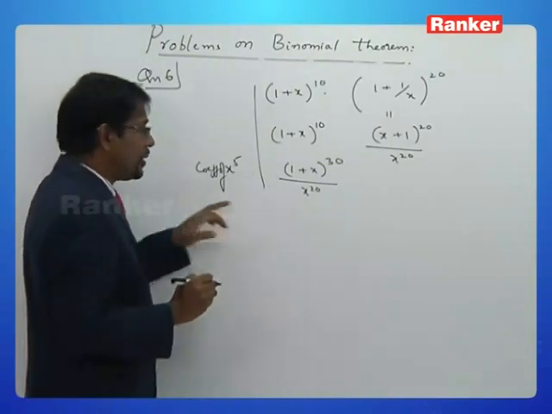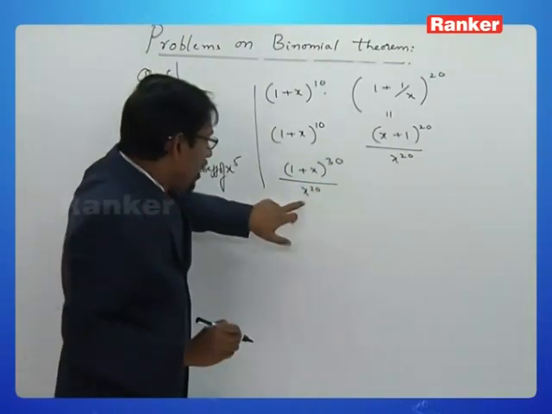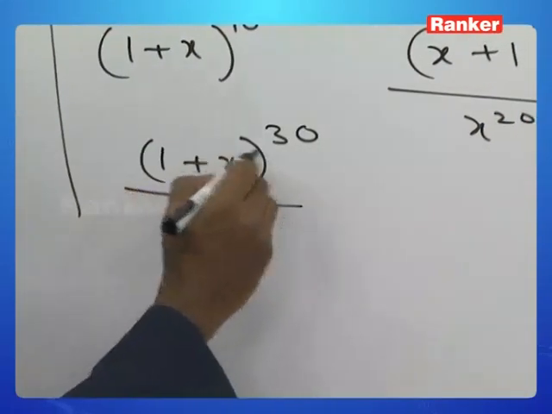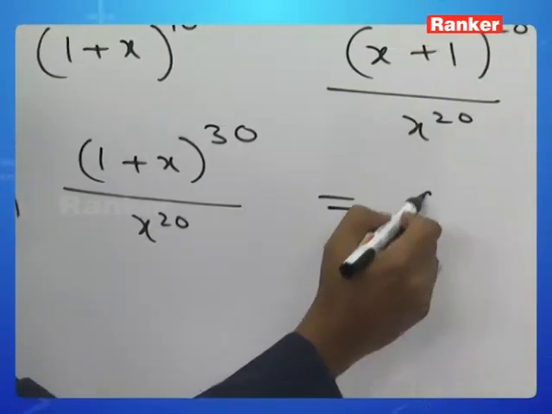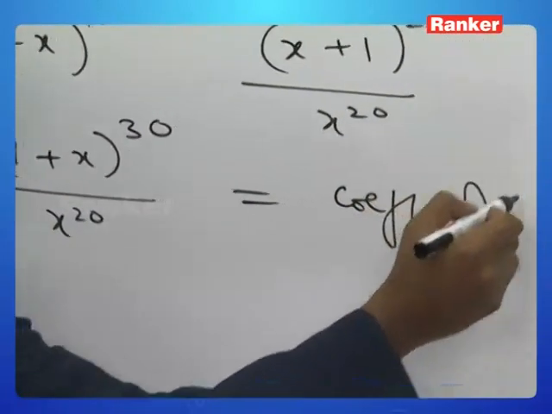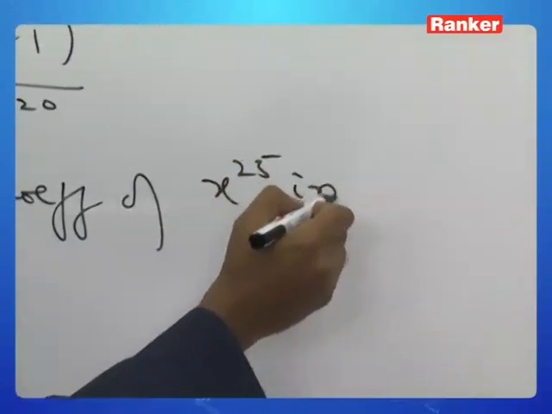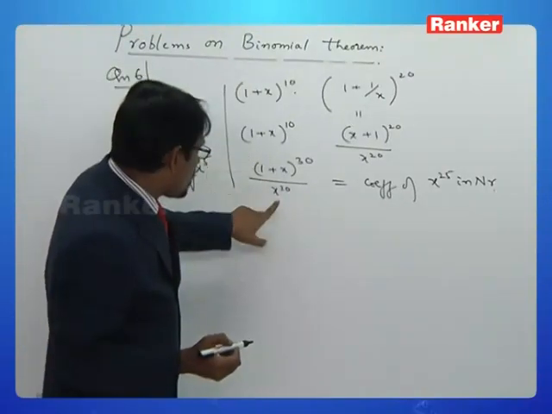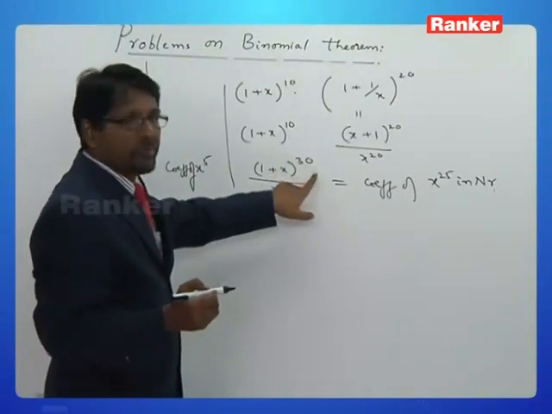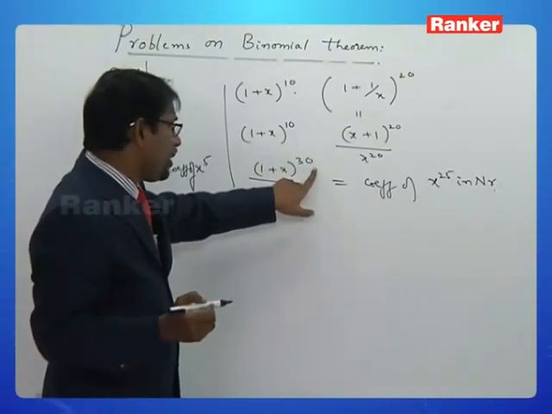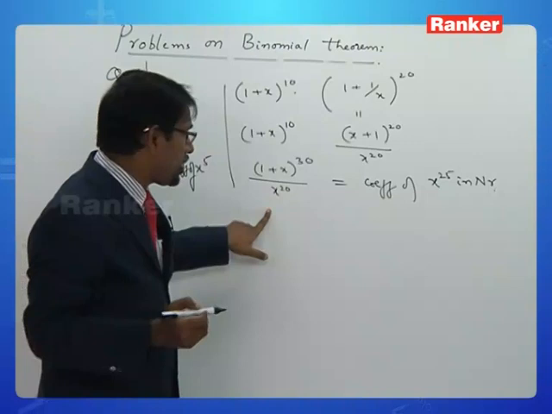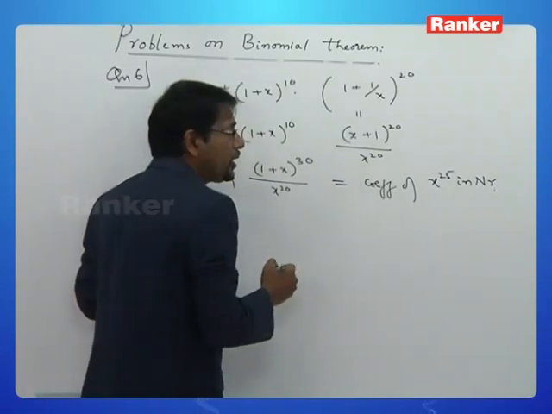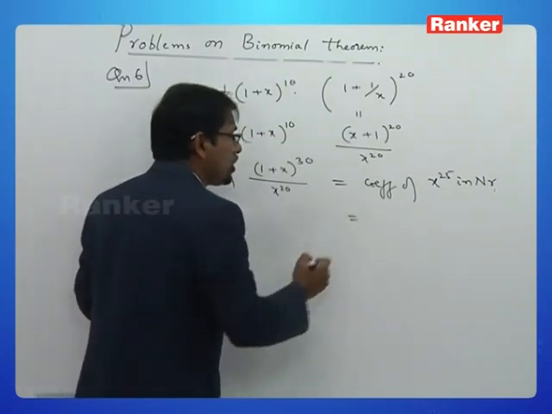Coefficient of x^5. Now what should I do? I am dividing each term by x^20. So where will I get the x^5 term? In the numerator, we have to pick up the coefficient of x^25. That is, because you are dividing by x^20, you pick up the term containing x^25, then x^25 by x^20 will give me that x^5. So I have to pick up the coefficient of x^25 in the numerator. What is the coefficient of x^25 in the numerator? Clearly